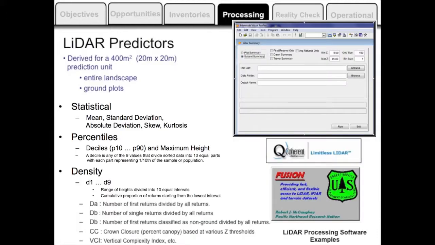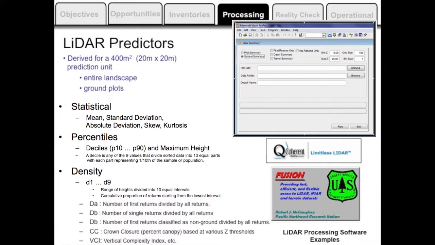And how we get those predictors, we talked about Fusion a lot today; it's probably the one that most people use. When we started this work a few years ago, we didn't look to Fusion quick enough, and we built some of our own tools, which is duplication of effort. So if you're getting into this today for the first time, you might want to look at Fusion. We basically have an in-house system that we built to meet our needs.